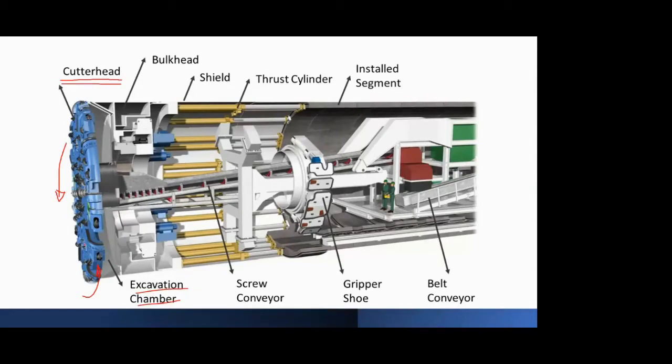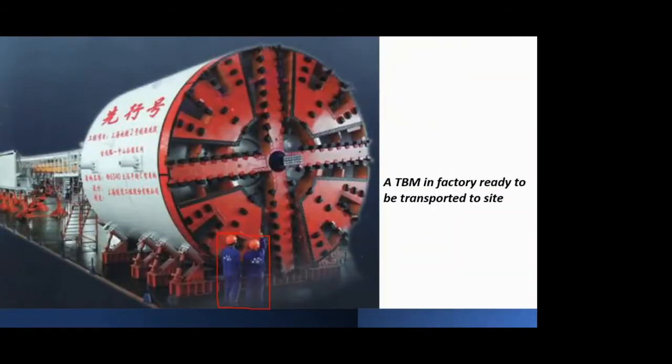There is a gap between the rear face of the cutter head and the rest of the assembly. That gap is nothing but the excavation chamber. Regarding the grooves in this cutter head, if you see here, the black spots or black components on the cutter head face are the actual cutting bits or drilling bits, and whatever gap you see here.